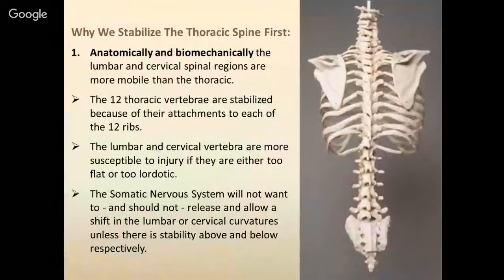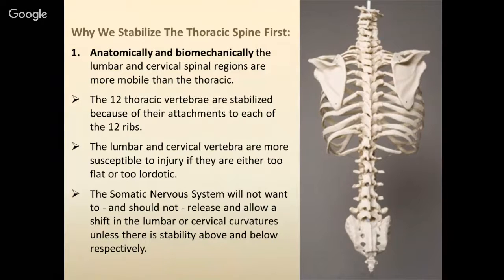So the reason why we stabilize the thoracic spine first, anatomically and biomechanically, is that the lumbar and cervical spinal regions are more mobile than the thoracic. This means that because of the 12 ribs being attached to those 12 thoracic vertebrae, this is creating a cage, which is actually making it very stable. Whereas the lumbar and the cervical vertebrae above and below do not have the ribs attached. They're much more mobile, and so because of that, they're more susceptible to injury if they're either excessively flat or